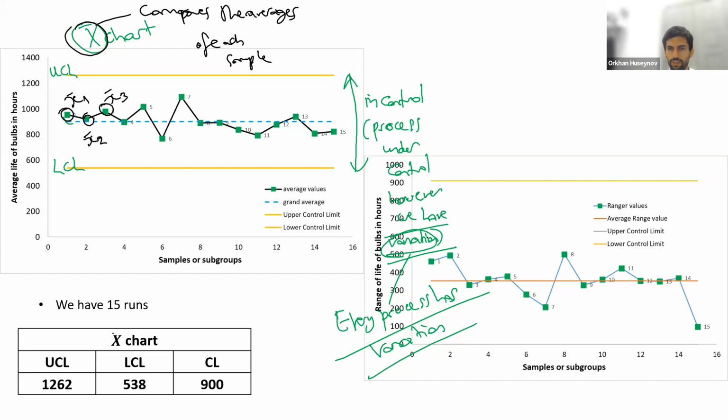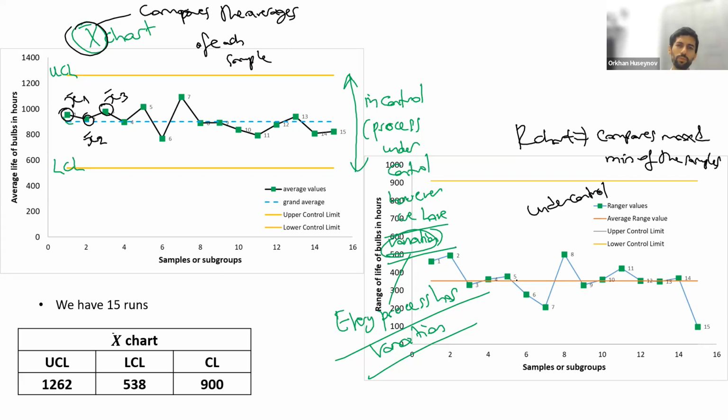For the R chart, you can see this one is the R chart. It is again under control. It is the same graph as in Excel. We don't have anything out of limits, so again, under control. The R chart compares the max and the minimum of the samples. As you can see, the maximum and the minimum data we have for each sample